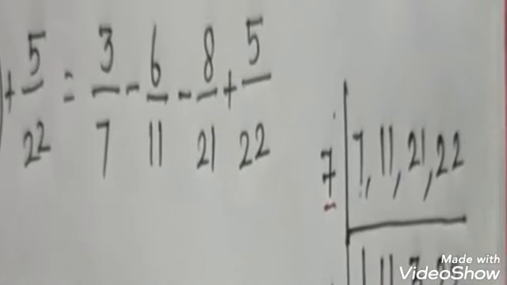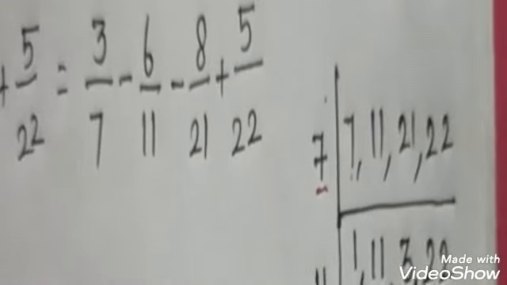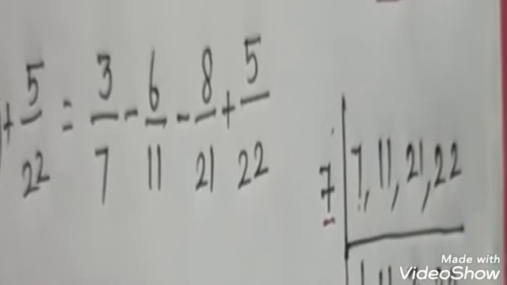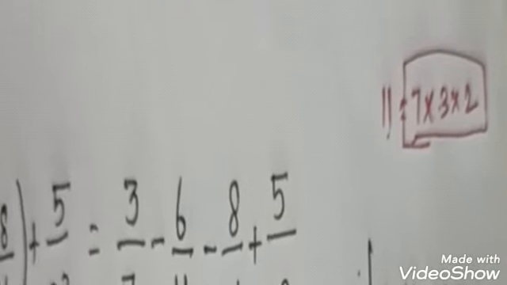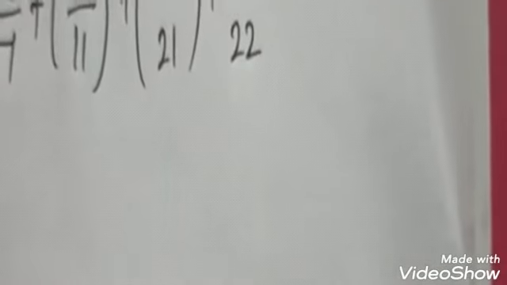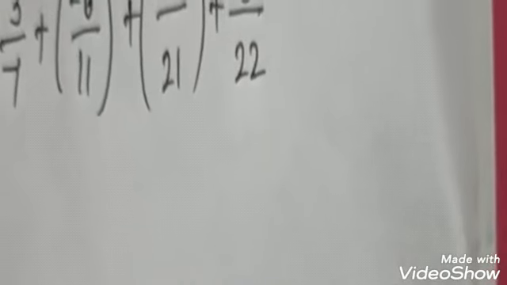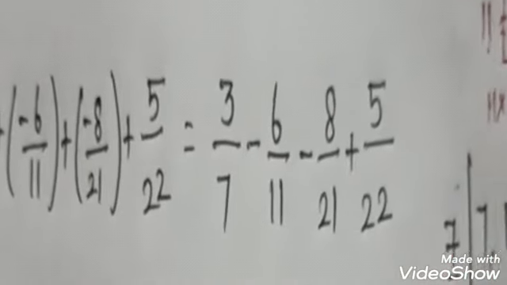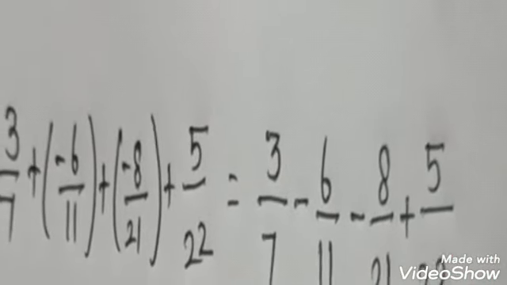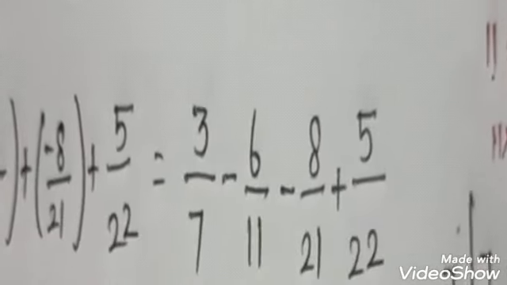So these are all the multiples. We have to multiply with 11. You get 462, because we take only 7 into 11 into 3 into 2. Here we take 11, and the remaining product gives the answer. So 7 into 3 is 21. 21 into 2, you get 42. So 42 is the answer. Multiply with 11 into 42, you get 462. In the same way, you have to multiply 6 into 42.